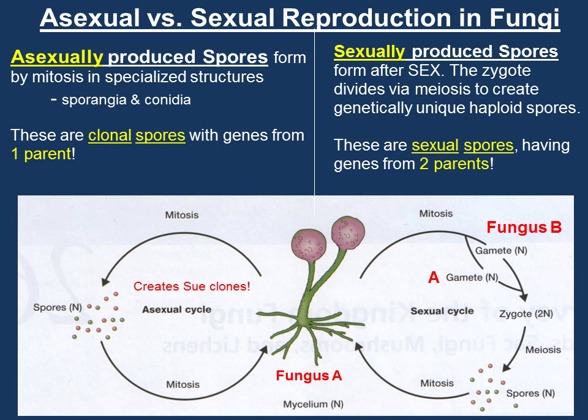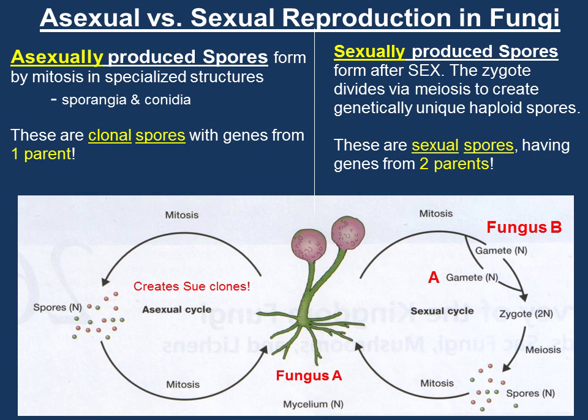So we'll have an egg and a sperm-like structure meet, and it'll make a zygote. Then this divides via meiosis to create genetically unique haploid spores. These are sexual spores, having genes from two parents. Something interesting about fungus is they can also reproduce via fragmentation. So if a hyphae is broken off of certain species of fungus, that piece can actually grow into its own